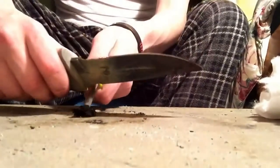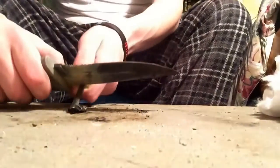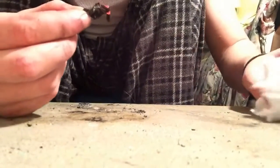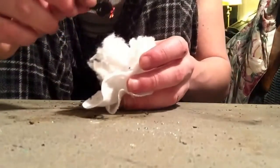But anyways, the way char cloth works is, again, it's super combustible stuff, and all you have to do is throw a spark into it. Now it's not going to go up like crazy, but I don't know if you guys can see it. Yeah, you can see it, it's glowing like that. And what you do is you take it and you tin it. I'll probably mess this up because I'm not good at this, but